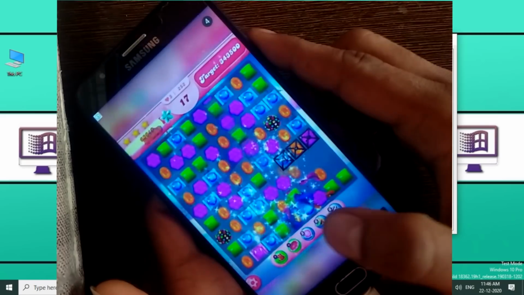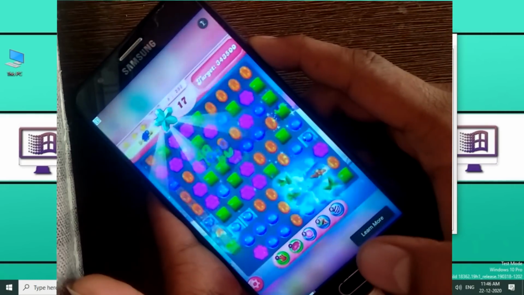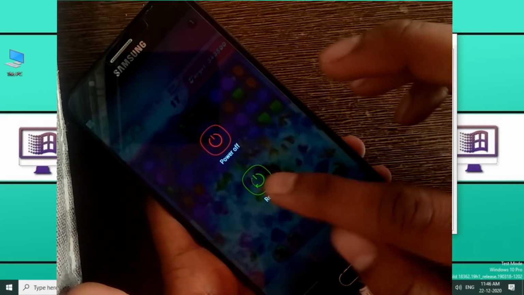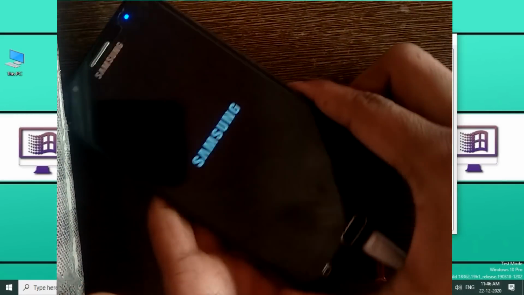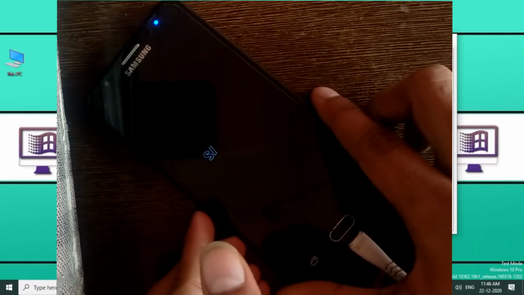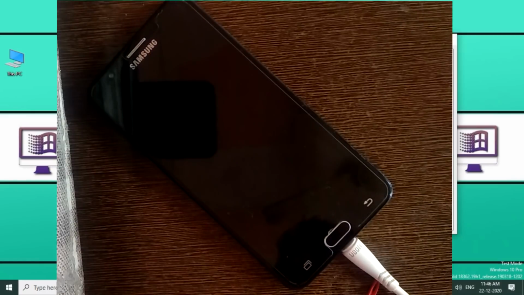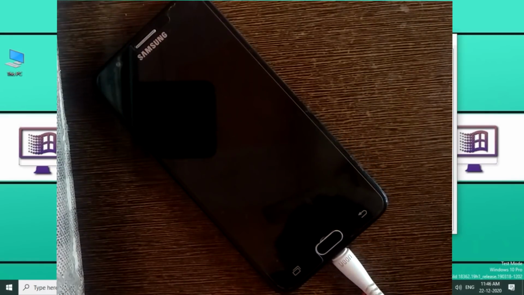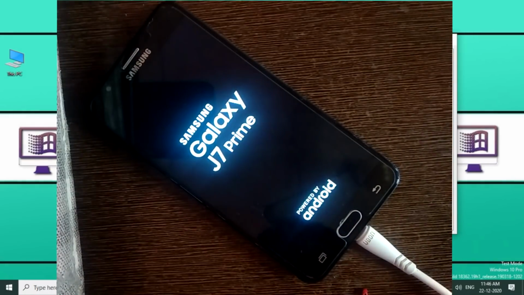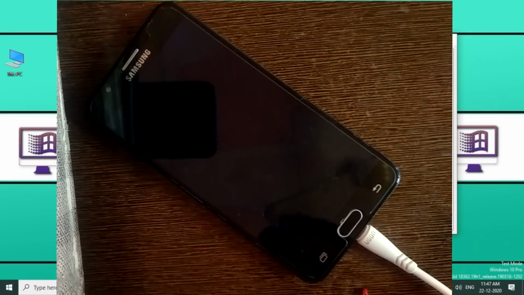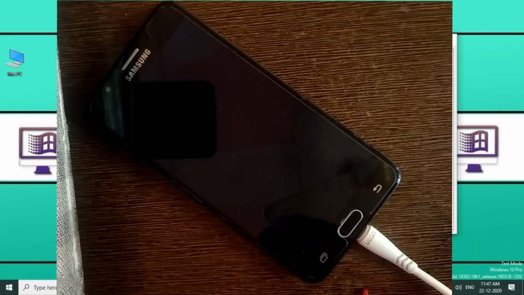Now you have to restart your device, and then wait until your device turns on.